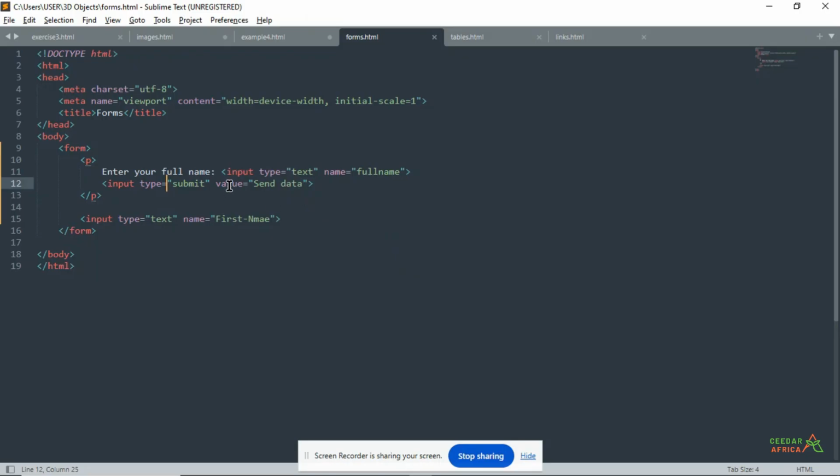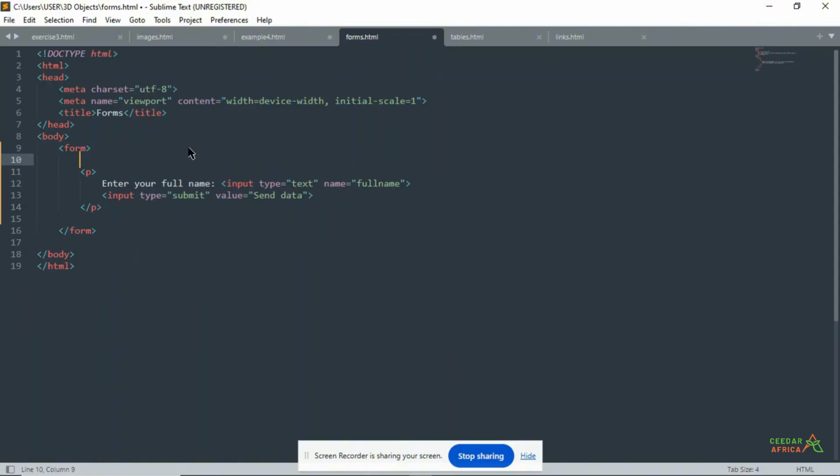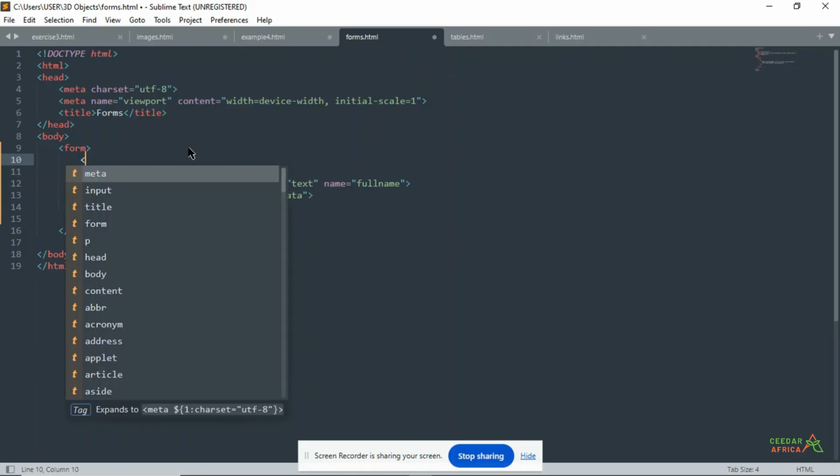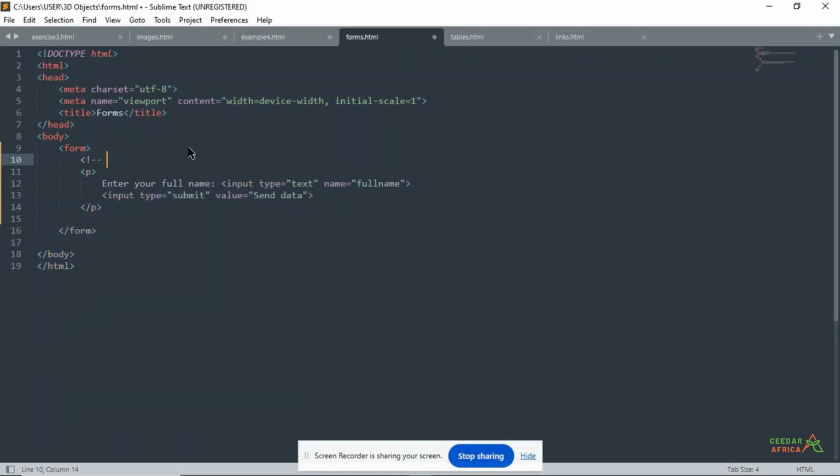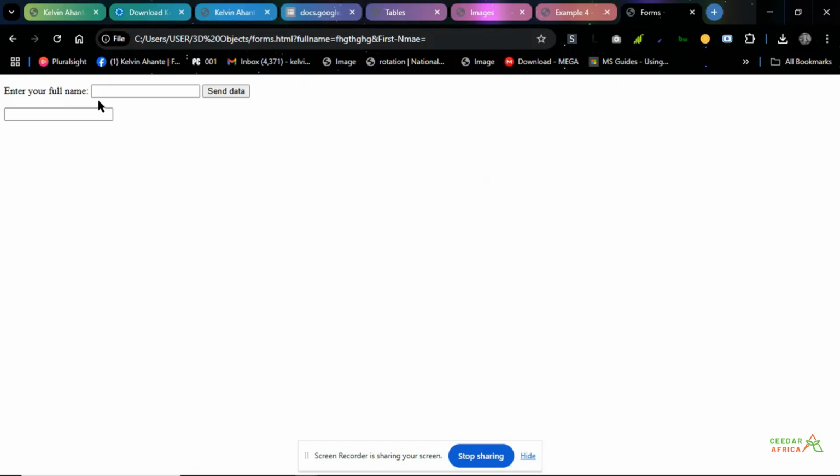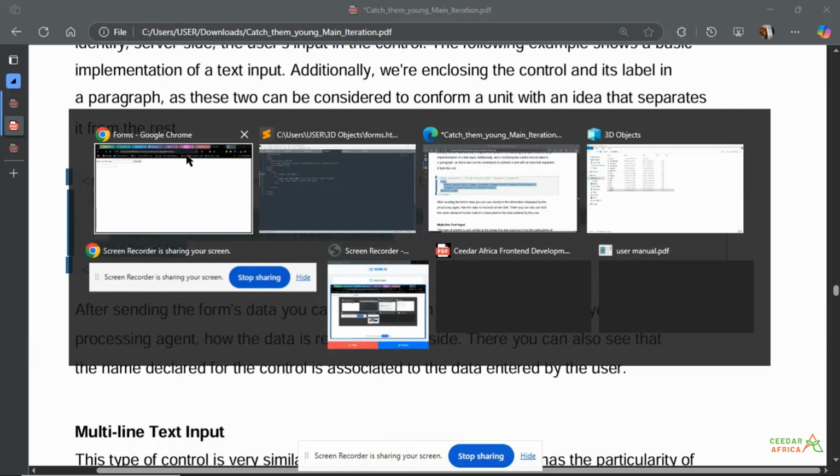Then you can just remove this. Right, so that is single line inputs. Because as you can see here, it only gives you one line to work with, right? So proceeding,